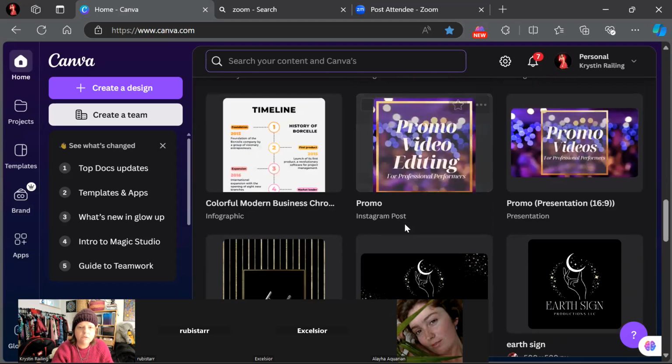You'll want a general Instagram post template. So like if you're going to be doing any marketing posts or making ads or anything like that, you're going to want an Instagram shaped square. You're also going to want a story size post. And then you're also going to want